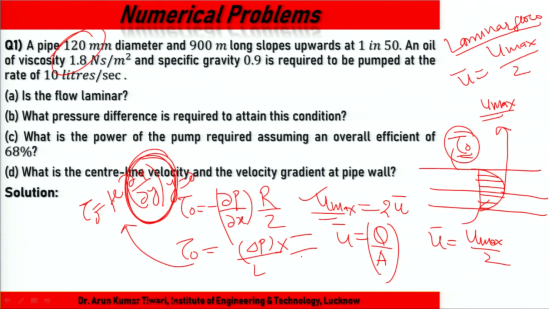In the first case, you first decide, this is a very crucial point. Otherwise, if the flow is turbulent, all these equations are not valid. All these equations and this velocity profile are valid only for laminar flow. The velocity is parabolic in nature. The HF equals 32 mu u bar L, the Hagen-Poiseuille equation, is valid in the case of laminar flow.